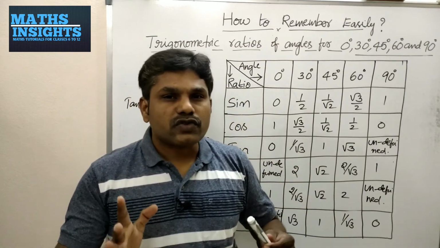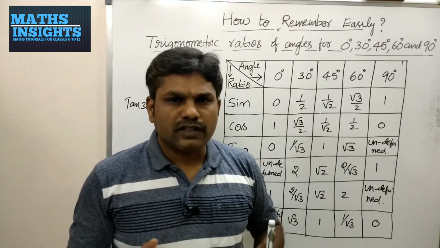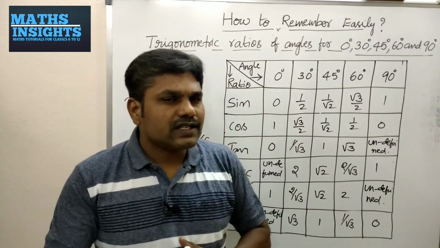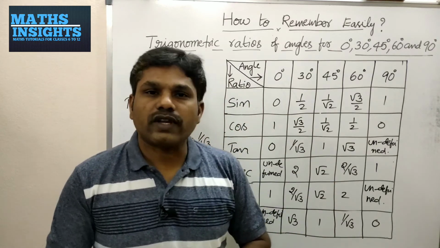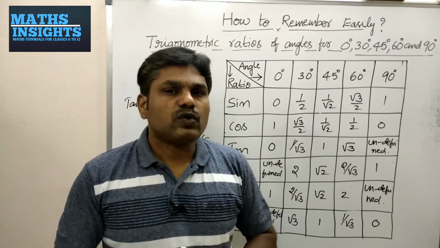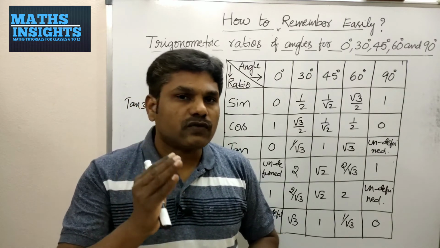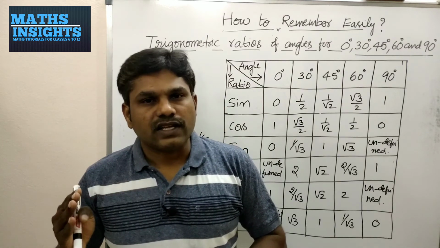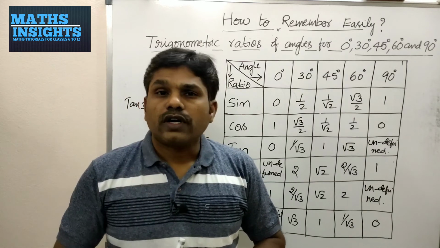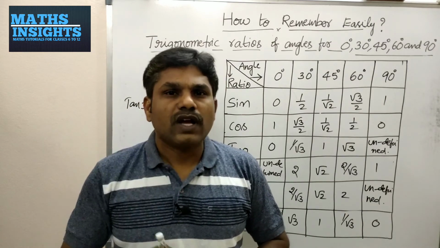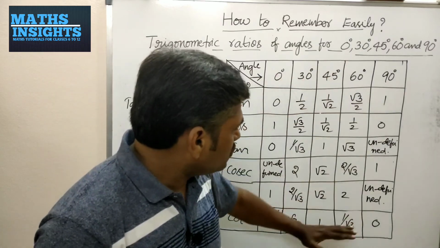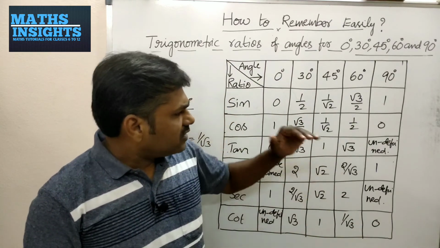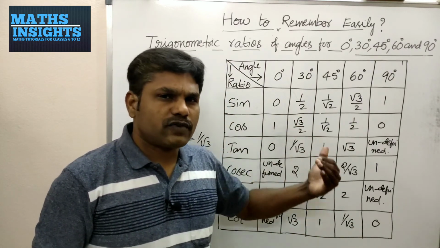These trigonometric ratios are interrelated among themselves. So if you know the value of sine theta, it is very easy to calculate the remaining ratios. And also, if you want to find bigger values of these trigonometric ratios, like sine 420, sine 360, sine 900, you have to simplify them and finally use these values to find that value. So these are very important values, and these are used in solving different types of problems.